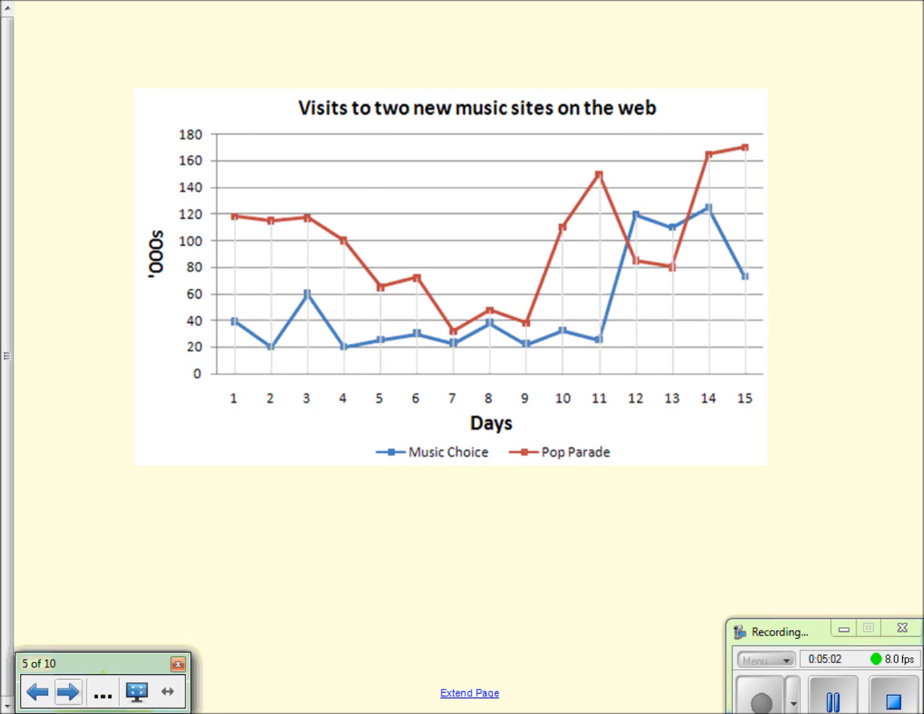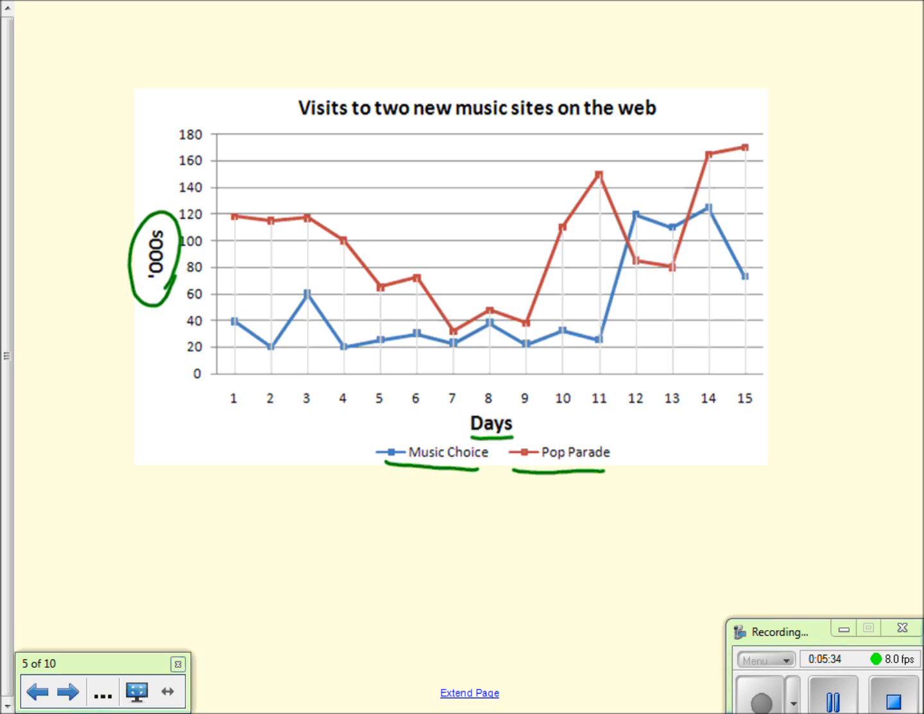We can also have, like we had double bar, double line graphs. So here's a double line graph. Visit to 2 new music sites on the web. And once again, like a double bar, you have to have a key of some sort, you have a double line. So you can see here, they got the music choice in blue, the pop parade in red, the 2 names of the websites. We have our time period of days, day 1, day 2, day 3. And over here, if you notice,